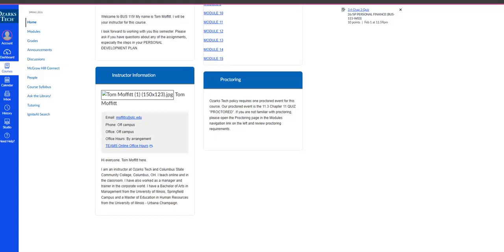During the next 16 weeks, we're going to be talking about some fundamental concepts and components of managing your personal finances. For example, we'll be talking about creating a personal balance sheet and a cash flow statement. We'll cover budgeting and taxes, credit, insurance, a little bit about investing, and some areas of estate planning. You'll complete a personal financial plan, which will help you put these topics into practice.